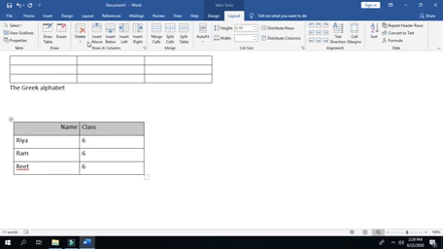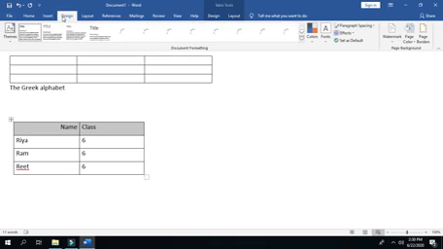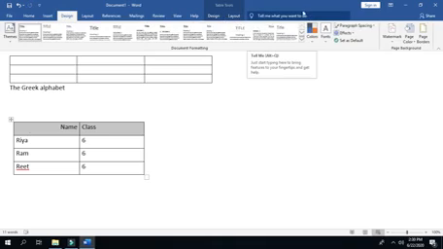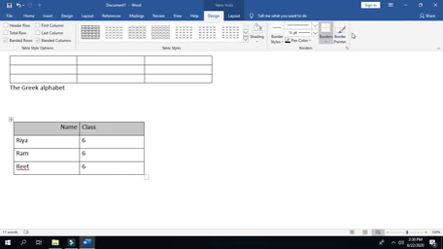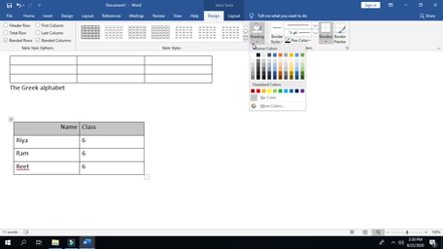Then we will click on Design tab. See, here is the option Shading, and it will show the color palette. We can choose any color according to our need.